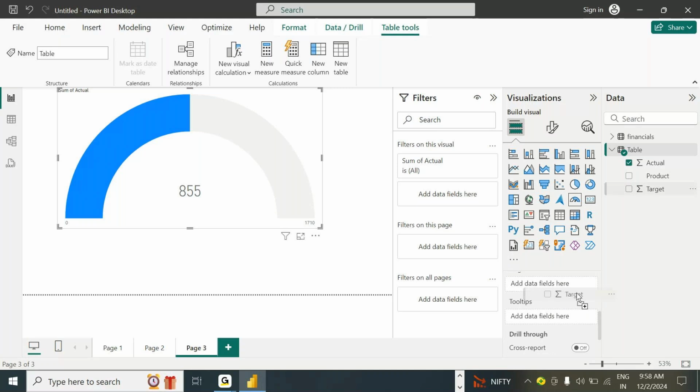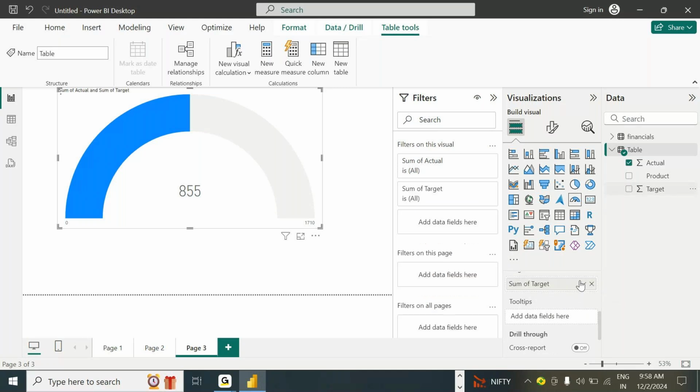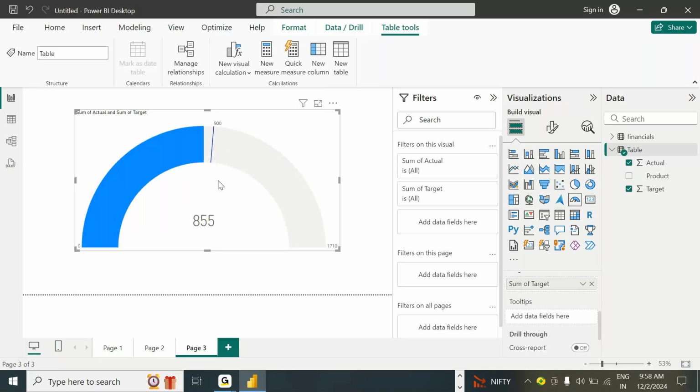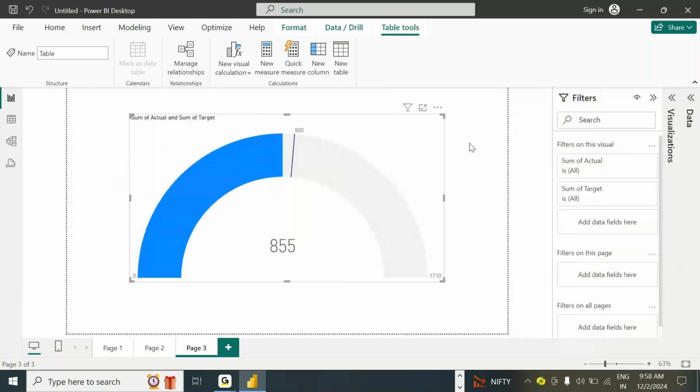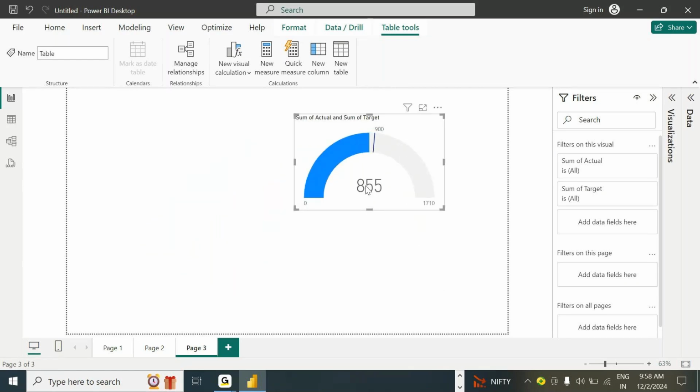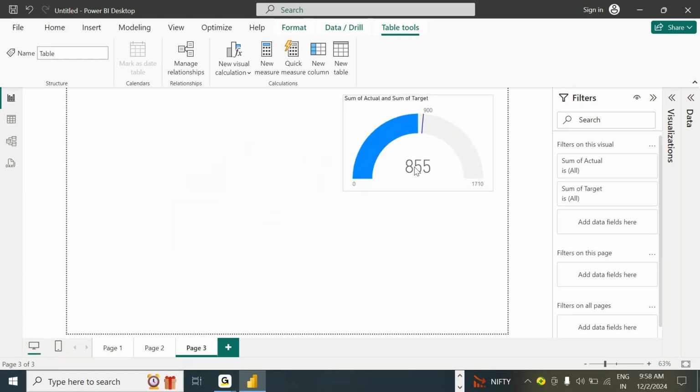I can add a target here. My target is 900. So out of 900, we met 855. We have not crossed the target. So on overall data, if you want to represent whether you met your target or not, you can use